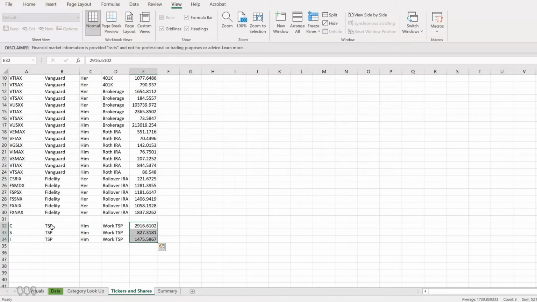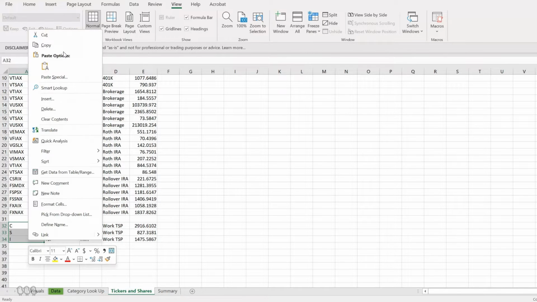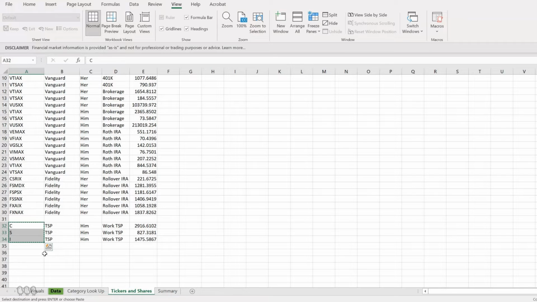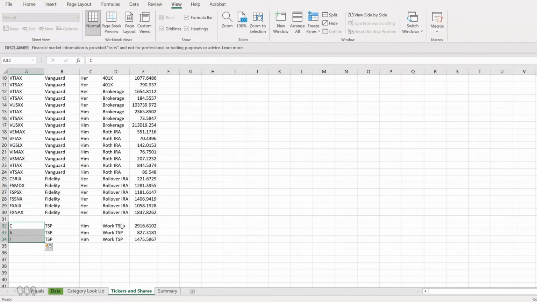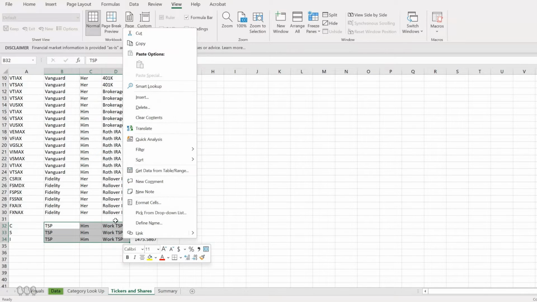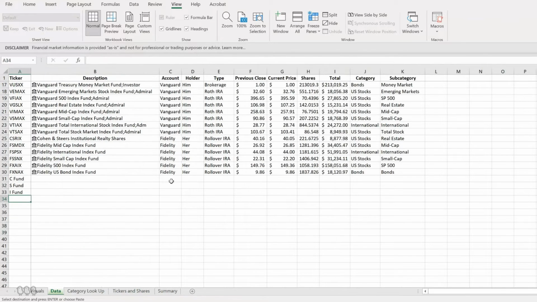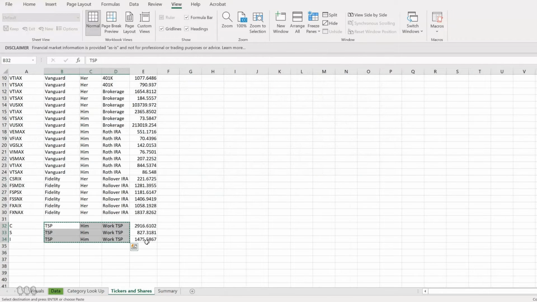So let's click on tickers and shares. Let's go down to this fund CSI. We're just going to copy that. I'm going to paste values, and I'm going to change this to C fund, S fund, I fund, and you'll see why I did that in a little bit. So let's go back to our tickers and shares, and we'll grab these columns and bring that back over to data. Paste those values and then go back, and let's just quickly get our shares.